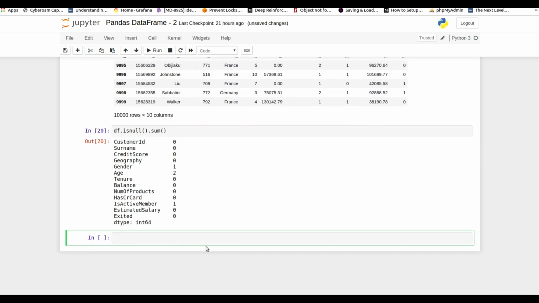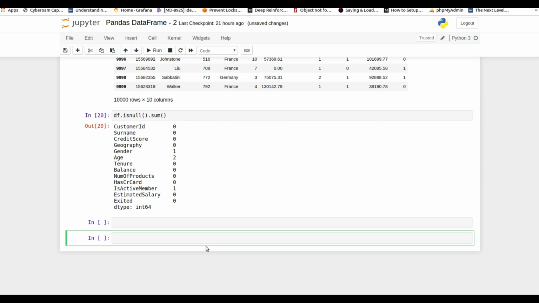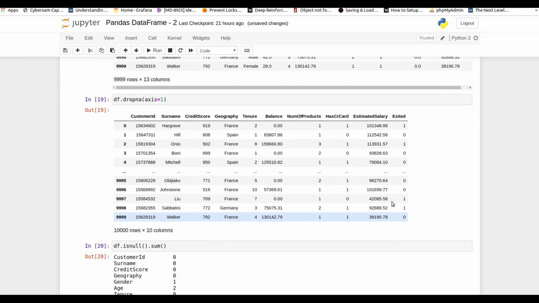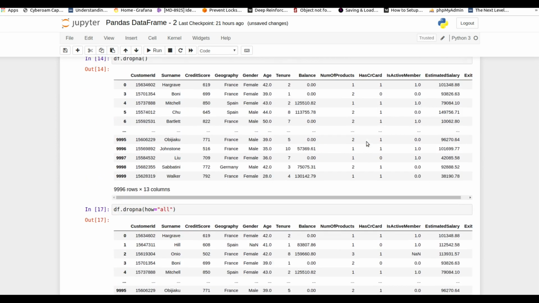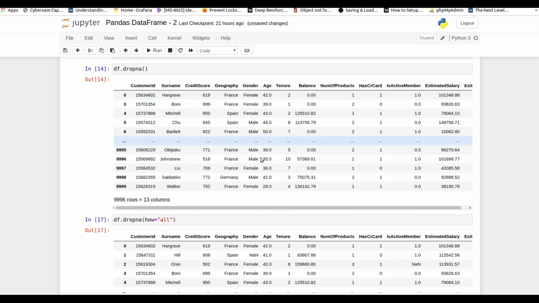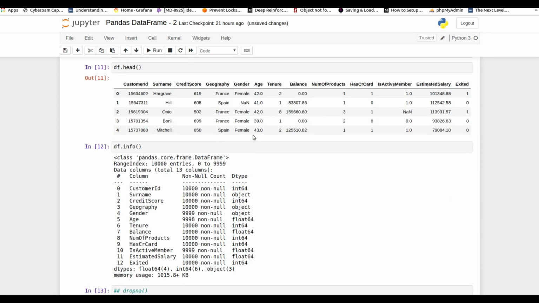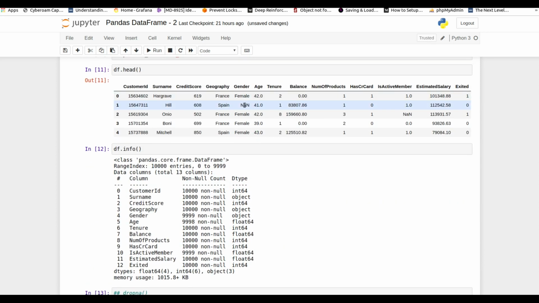Next, I'm going to cover the fillna function. I'm going to explain it by taking a scenario. Suppose we take this scenario only, the data of the bank. I don't want to drop this gender row because of a NaN value, I just need, if there is a null value, to replace it with some other value.